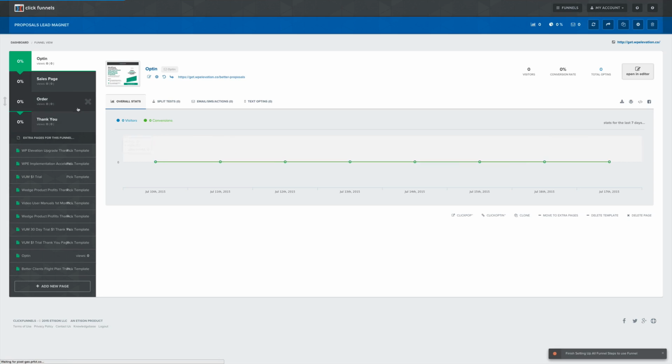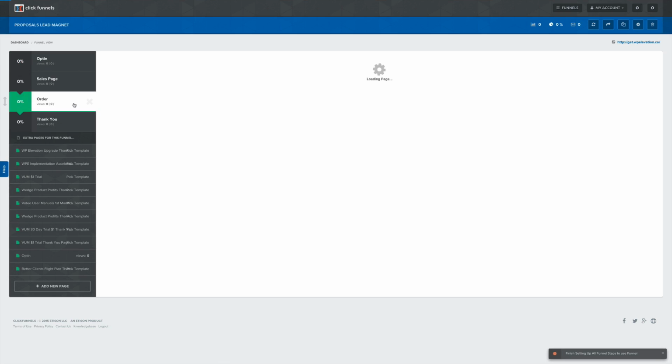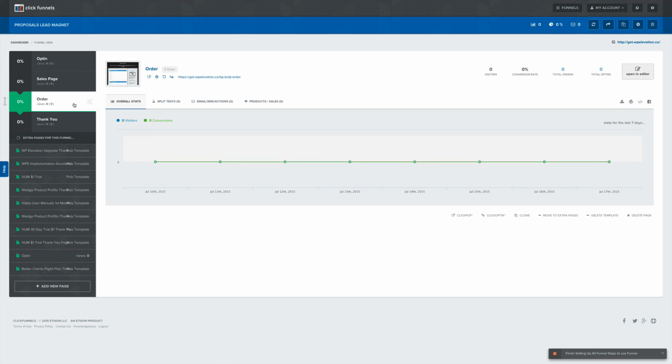Okay, there's only one thing we need to do on the order form, and that is update the product that we're actually selling on the order form. Because when you duplicate a funnel in ClickFunnels, it doesn't duplicate the product with the order form. So all I need to do here is click on the